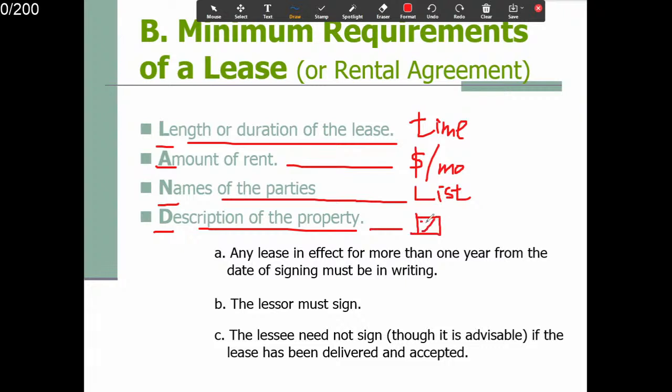Description of the property, right? What kind of house are you leasing me? 2 bedroom, 1 bath, 3 bedroom, 2 bath, 4 bedroom, 3 bath. Or is it a mobile home? Right? So any lease in effect for more than 1 year from the date of signing must be in writing. Okay, 1年以上那个租约的话，一年以上的